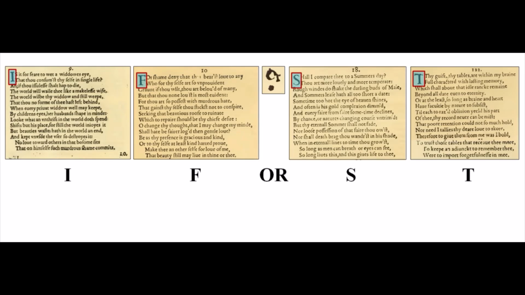In Monos Hieroglyphica, John D. mentions the Cabalistic methods of gematria, notarikon, and zuruf, and each of these methods is used in the sonnets. We've already applied gematria, where numbers are equal to letters. Next we're going to use notarikon, which is where we take the first letters from sentences and create a word. If we take the first letters of the sonnets with dots, 9, 10, 18, 122, and the catchword or, they spell